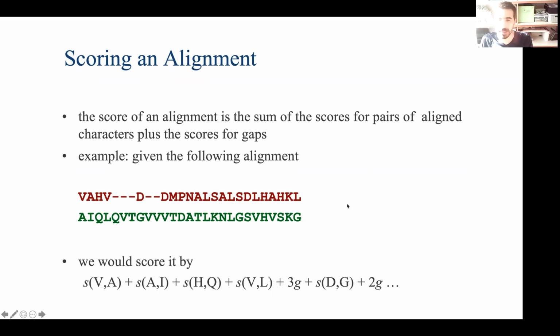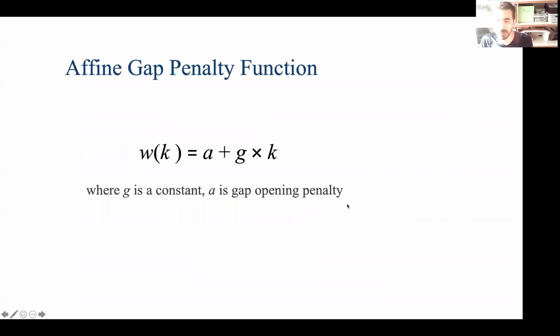It's easy. But there are more possibilities to score or penalize the gaps. This is called the affine gap penalty function. So what it says is, once you open a gap, you shouldn't really penalize much based on the length. There should be some penalty for that. However, opening a gap alone is important, and it is more important than extending the gap.